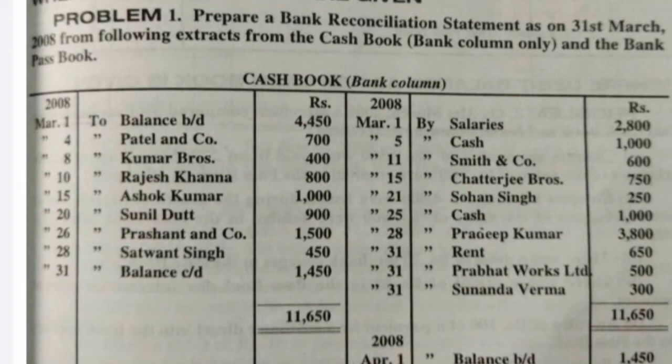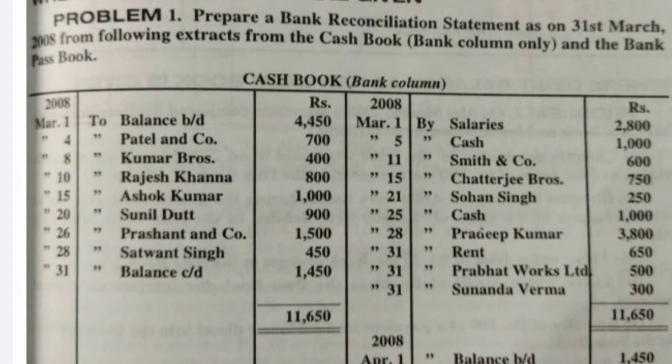Okay, everything got finished. So these are the differences which were appearing on the cash book side, on the debit receipt side and the payment side, and which are appearing in the passbook in the month of April. So it is a credit balance as per passbook. In the question itself they have given the balance brought down in the passbook, that is 300. So we should not take it as overdraft balance as per cash book. If we have a credit balance in the passbook, it is said to be a favorable balance, so we need to take it as a credit balance as per passbook. It is not an overdraft balance. You need to be careful over here.